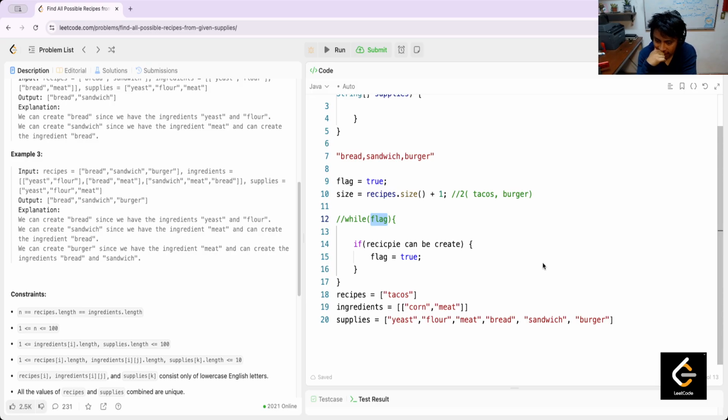Wow, I don't have any clear idea how to make this conditional while, because I need to perform it many times, because in the end I need to traverse the whole array, in this case a list or whatever, but I need to repeat. But what happens when it's not possible to make the recipe, like tacos, and it's the last or the two last or whatever? I need to know that the loop has cycled, but